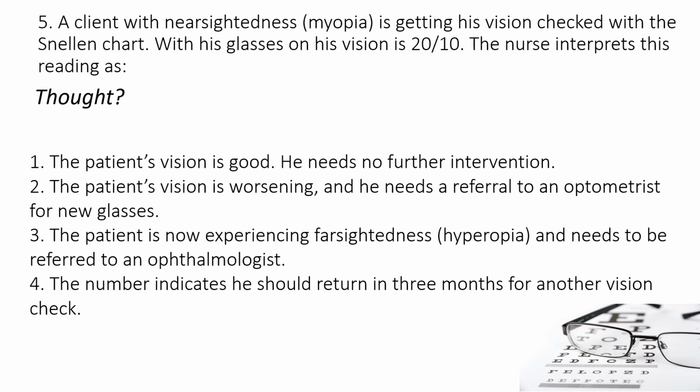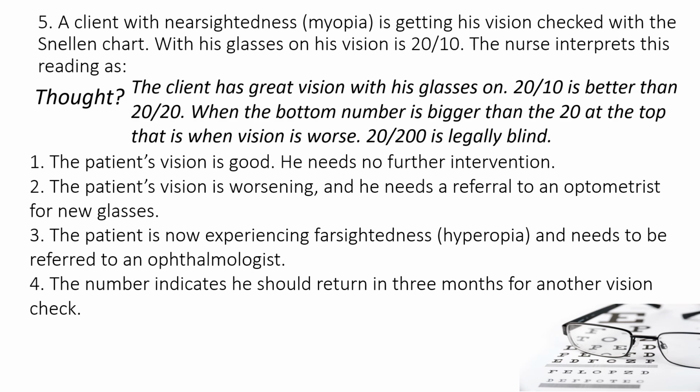The answer here is number 1. It's a good idea to make sure you understand and can interpret what the Snellen chart reading is. The client has great vision, because remember, 20/20 is good. 20/10 is even better. So when the bottom number goes down, that's better. But when that bottom number goes up and is bigger than that 20 at the top, that is when vision is worse. For example, 20/200 is legally blind. So in this case,